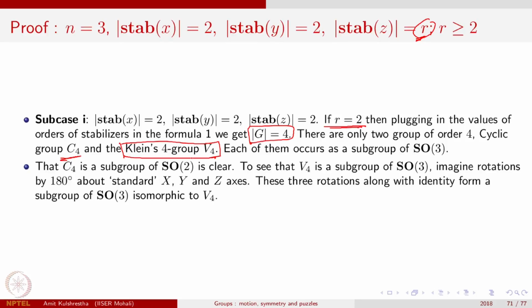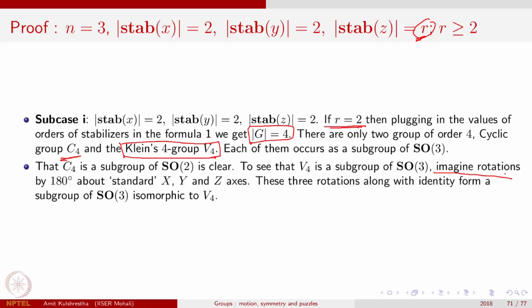How to see that? And that's quite interesting description. You think of a sphere and you think of 3 axes, x-axis, y-axis and z-axis. So that forms an orthonormal system, and consider with x-axis the minus direction as well, with z-axis minus direction as well, and with y-axis also minus directions. So the 6, you just imagine the three axes intersecting at the center, intersecting at the origin. Now what are the symmetries of this? So you consider rotation by 180 degree for each of them.